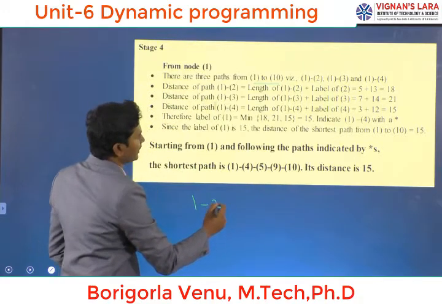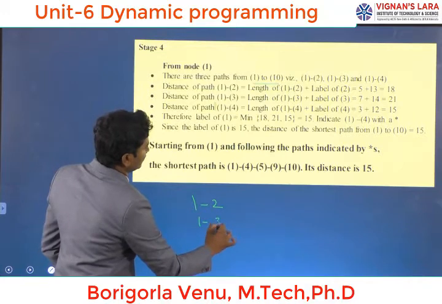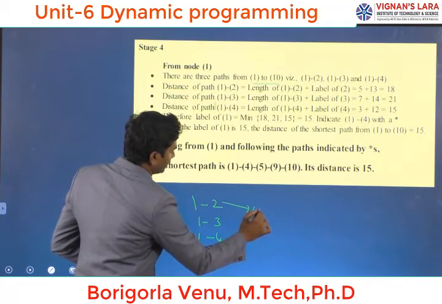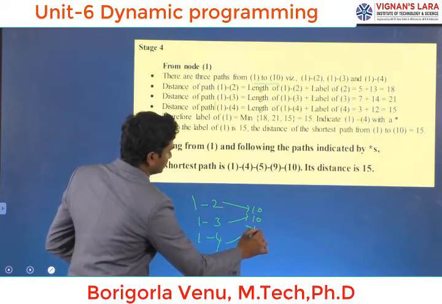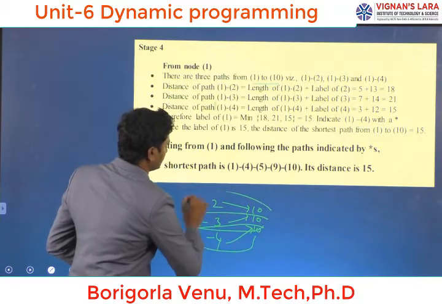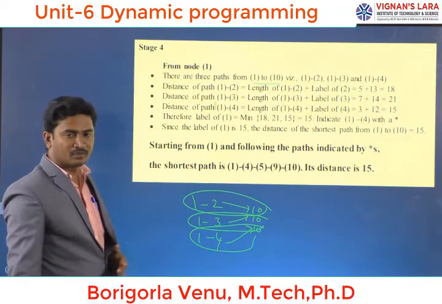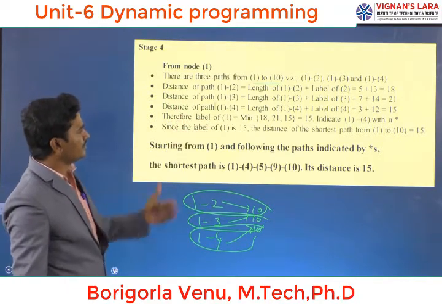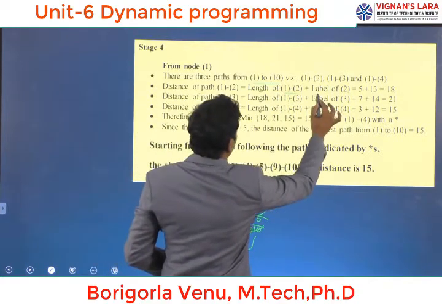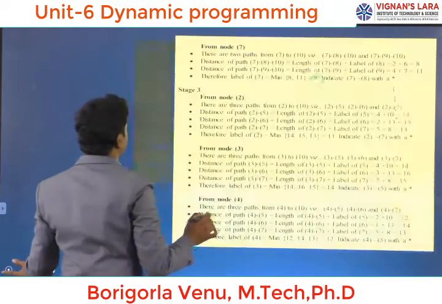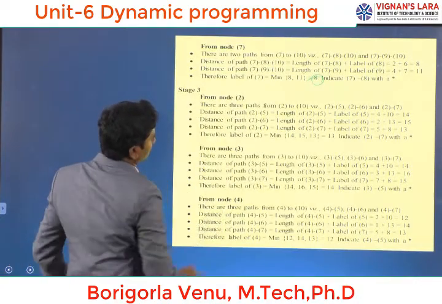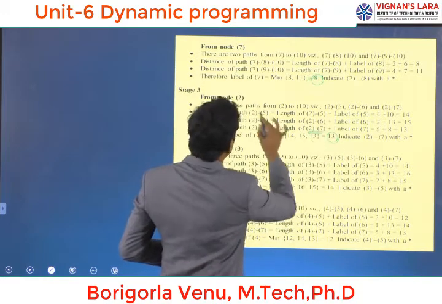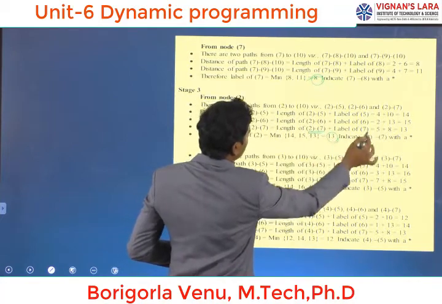From 1 to 2 we have many routes. 1 to 2, 1 to 3, 1 to 4, to 10. Here we have 3 routes. Each route again has subroutes. From the subroutes we are going to calculate the optimal route. Already we calculated every route's values. Here 1 to 2, and from the second node to 10 we already calculated which one is the minimum. From the second node to 10, 13 is the minimum. So it is obtained at 2 to 7. So at node 1 to 2, 2 to 7, 7 to 10 we reach.